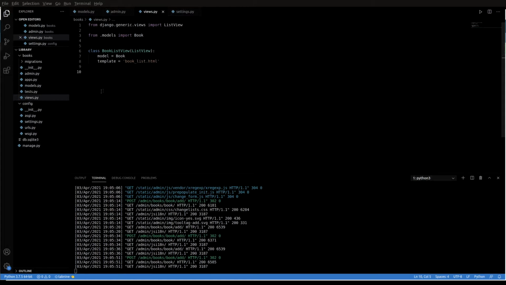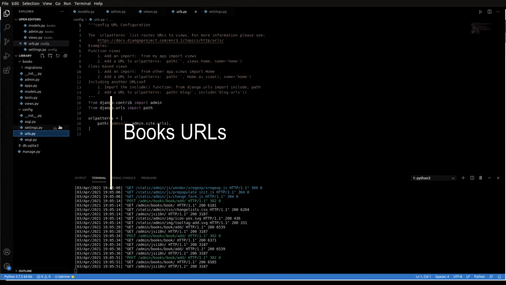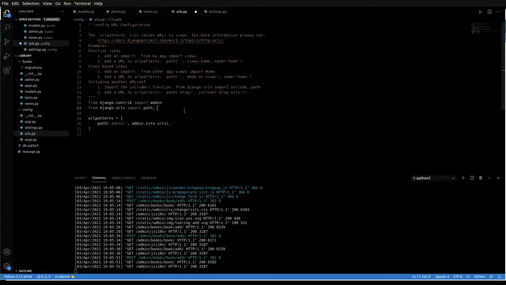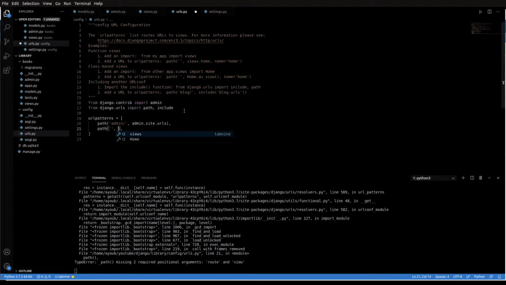So let's configure our URLs. Let's go to the admin, to the URLs file in the config, and let's import include and add a file to our application here. We're going to tell it if it's just a localhost, plain and simple, go use the URLs that you will find here in books.urls,